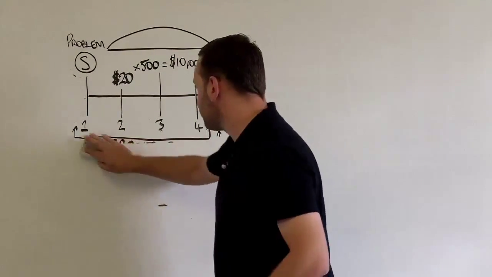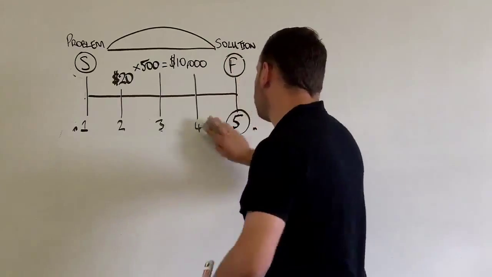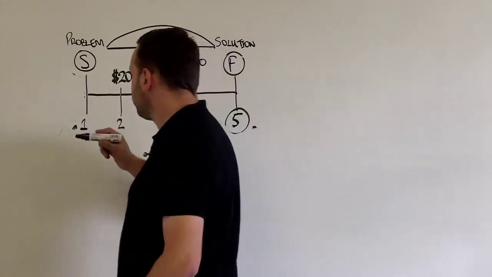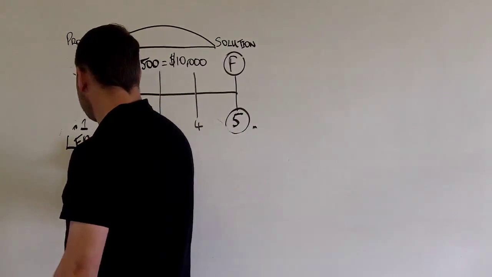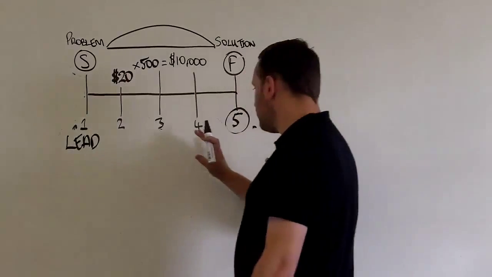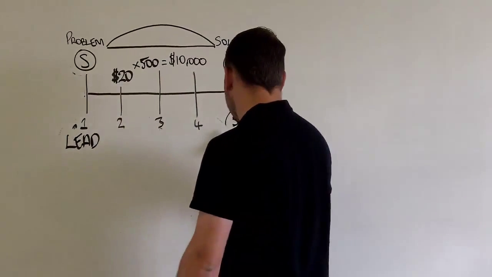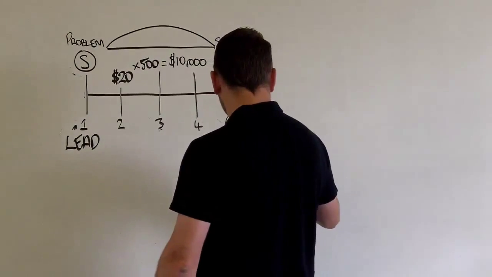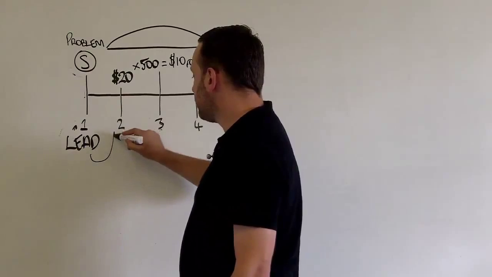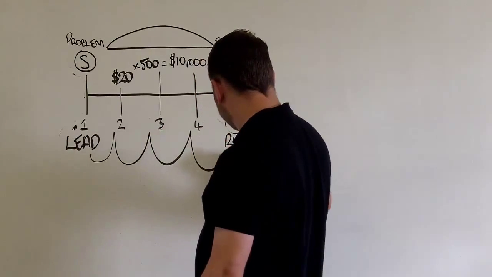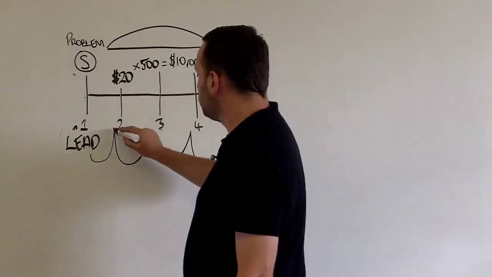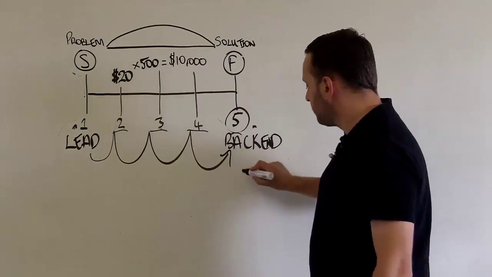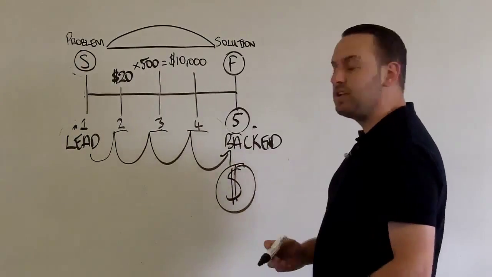Now you know all that stuff. What do you have to be able to achieve in your business? Well, a few things. You have to be able to get leads, and then through the rest of these pillars, you need to be able to get as many of your leads successfully through each of these phases. Because the more people you get to pass through each of these pillars and get to the back end, the more money you will make.